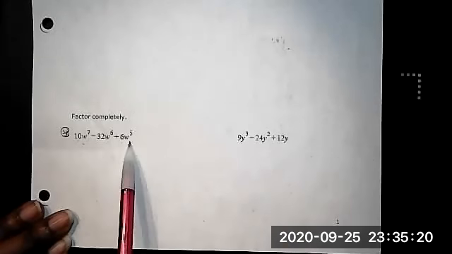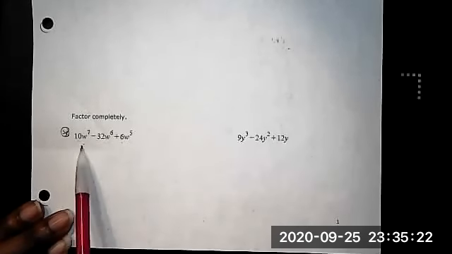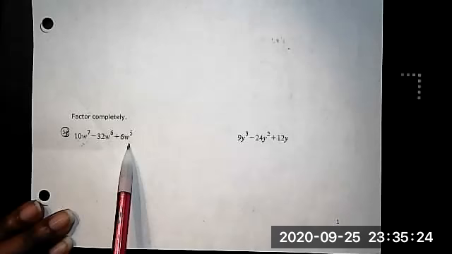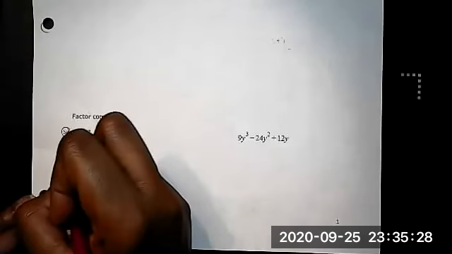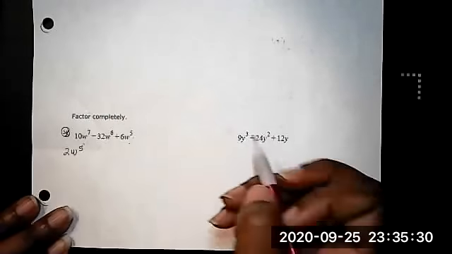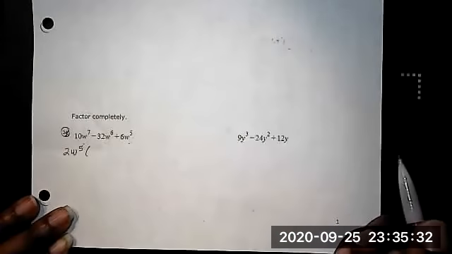And then all these are W's. It looks like there are at very least 5 W's in each because the lowest number is 5 there. So what I'm going to take out is 2W to the 5th. All right, so when I do that